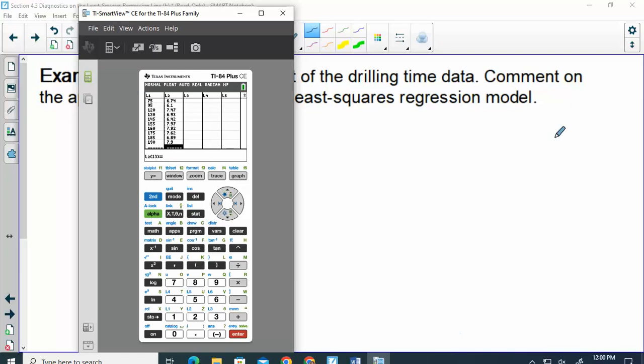So a couple things. Before you could do this, you need to run your linear regression just so your calculator will have that equation in memory. Then we can go into our stat plot. You probably have it all set from our last example, but we want the scatter plot, and your Y should be your residuals. And if you go zoom number 9,